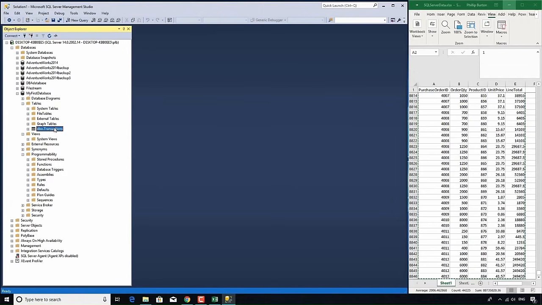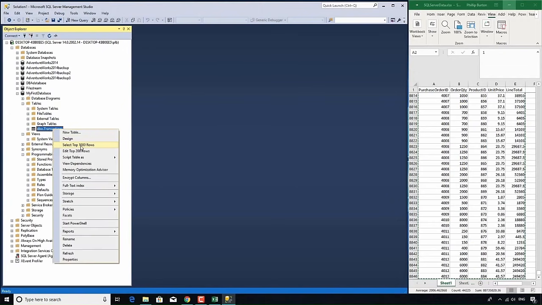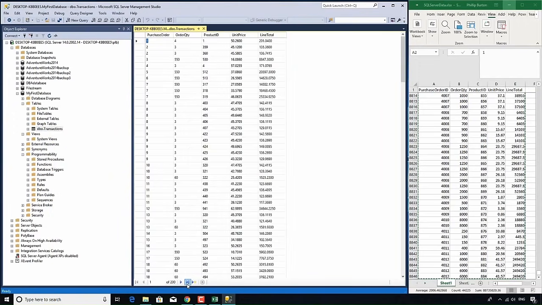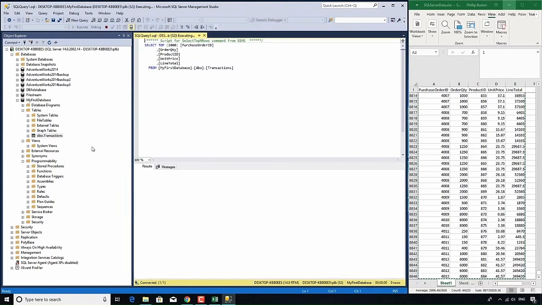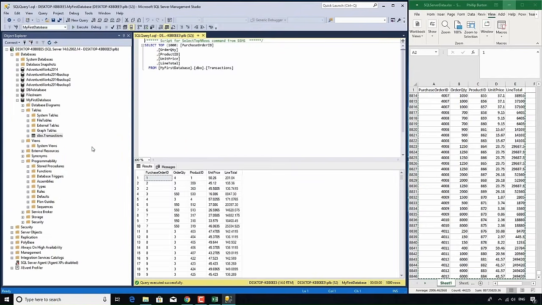If I right click on this transactions table, I can not just edit the top 200 rows, but I can select the top 1000 rows. And let's just click on edit top 200 rows just to see what happens. So now you can see there are the first 200 rows there. But instead of using this read-write capacity to edit top 200 rows, I just want to read the top 1000 rows. So I'll click on this, and you can see a new query window opens,